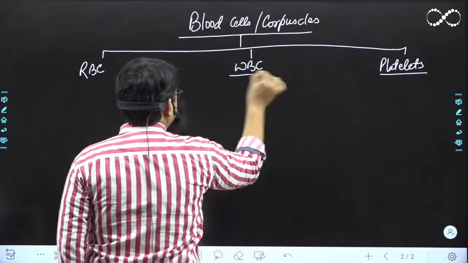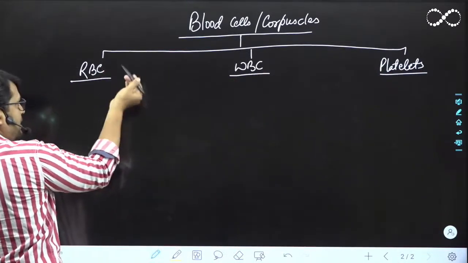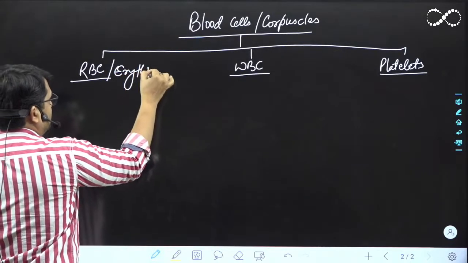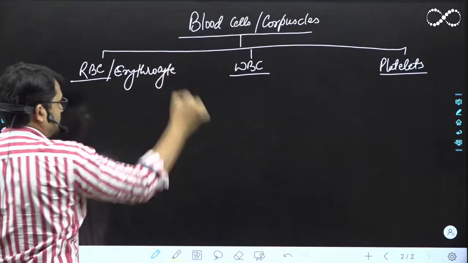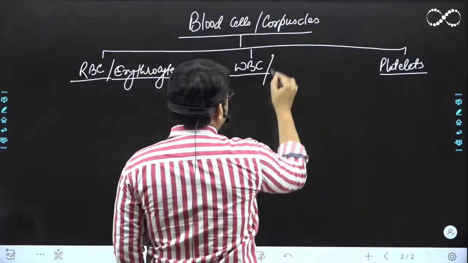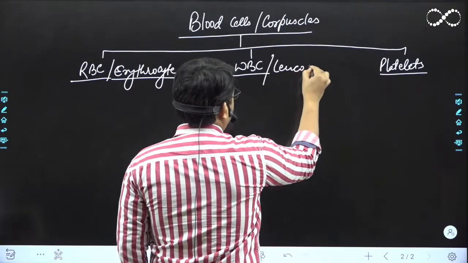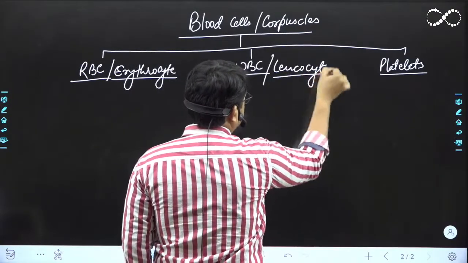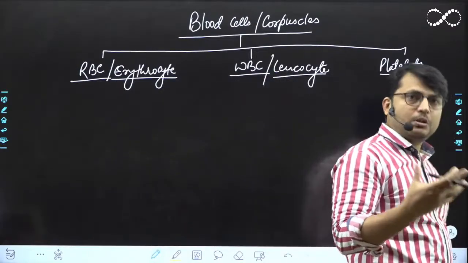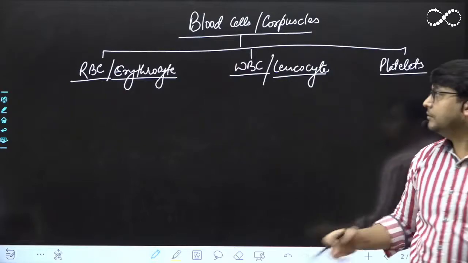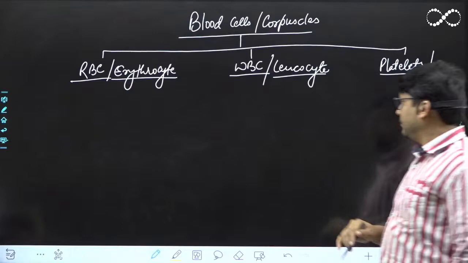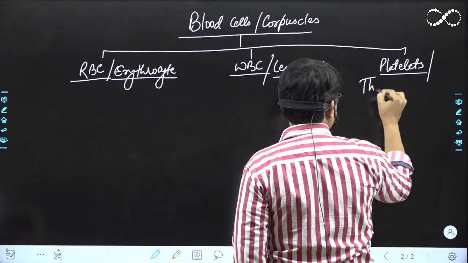Right? Now, RBC, red blood cell या red blood corpuscle का दूसरा नाम भी है, that is erythrocyte. Okay? Similarly, the WBC also has a different name, that is leukocyte. Leuko का मतलब होता है white और cyte का मतलब होता है cell. So white cell. Erythro का मतलब होता है red. Cyte का मतलब cell. Red cell, right? And platelet का भी एक दूसरा नाम है. We call it thrombocytes.